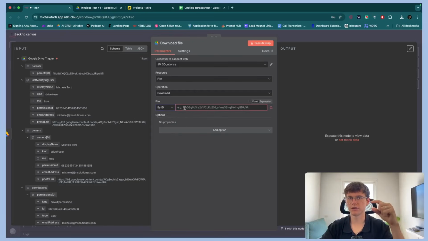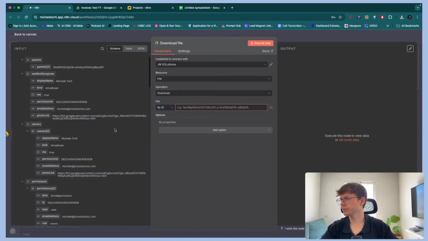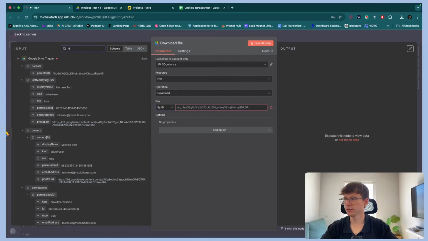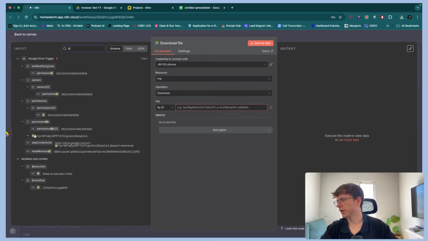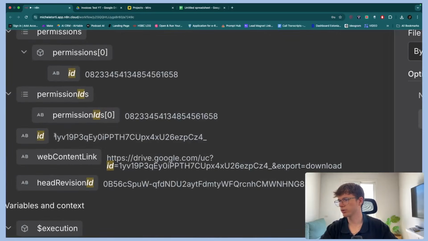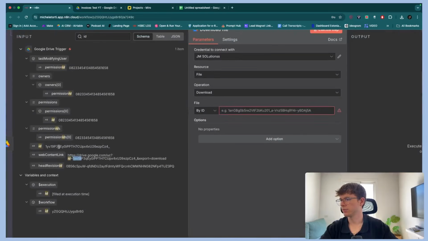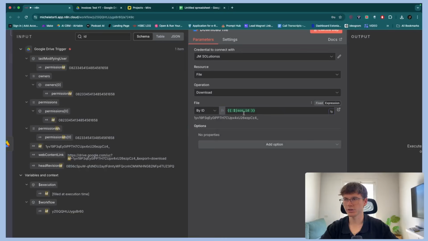So the file itself will have an ID that's unique. So if we map the ID, if we put the ID that's different every single time, it will download every single file differently, which is exactly what we need. If I go here, I can put ID. So I can find the ID. And now the ID will actually be here. It usually starts with 1Y. You can see here, ID, 1Y, whatever. So this will be the one that we map, that we add here to be able to